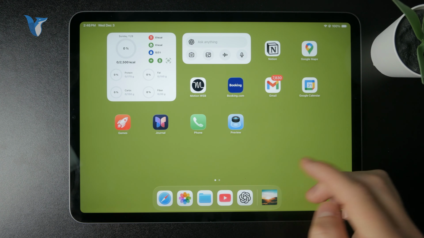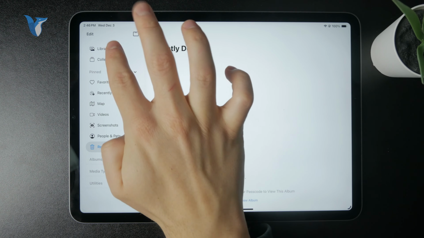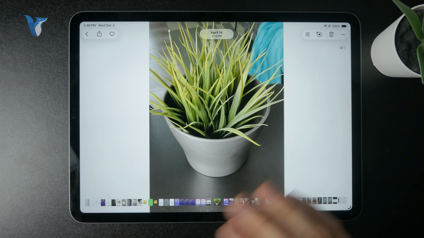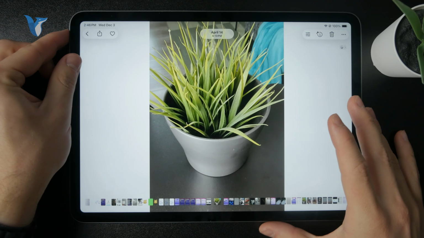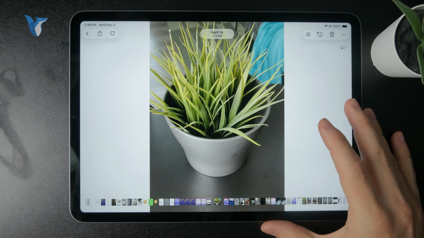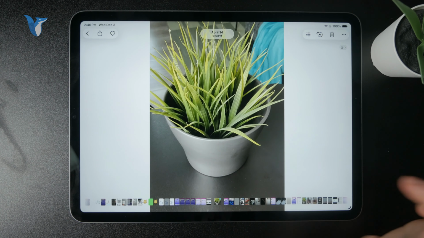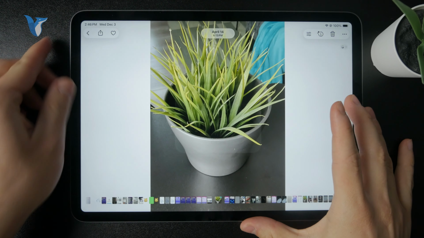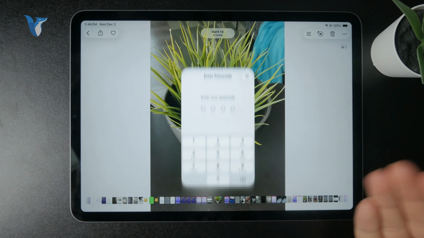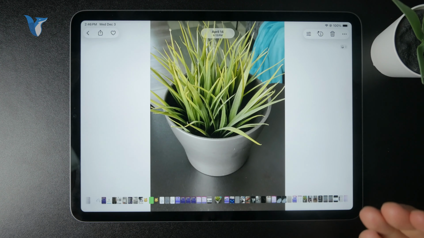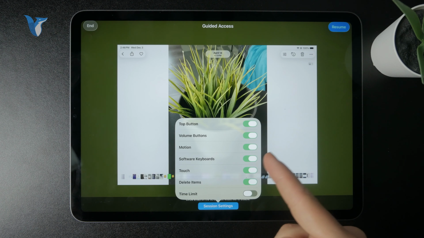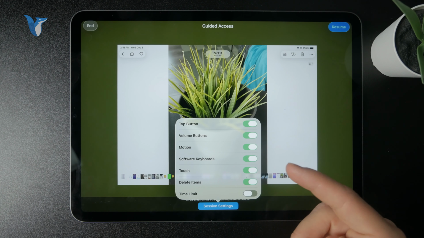So for example, you want to put your iPad on a display somewhere and play some photos or videos or whatever. You can get inside of the Photos app, triple click the power button to initiate this menu, click on Guided Access, and you can see that we now simply cannot leave the Photos app, because it's just set up that way. You can just stop using that if you want to. You can set up a passcode, click on End,